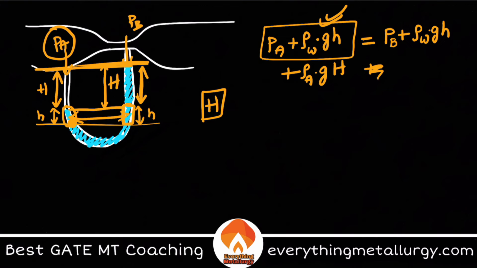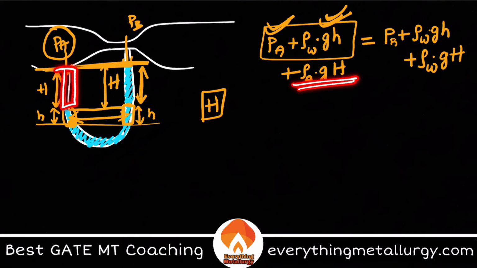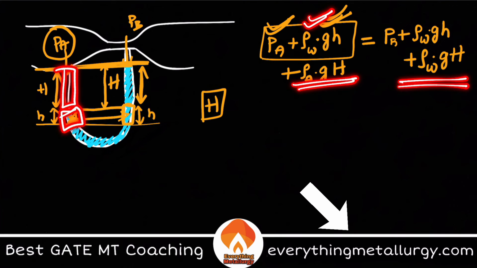Now on this side we have water. So this side, if you see, is filled with water. So it will be rho W into G into capital H. So what we did here, we took three different components. One, the pressure acting from the air. Two, the pressure that is distributed throughout the height level inside the manometer. So on the A side, we have two different components: one is filled with air, and the second part is filled with water. Whereas on the B side, apart from PB, we have water only completely.